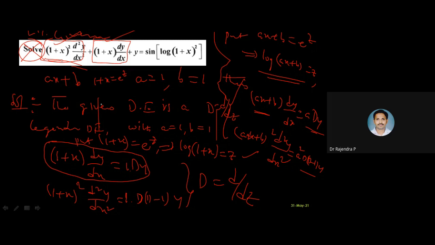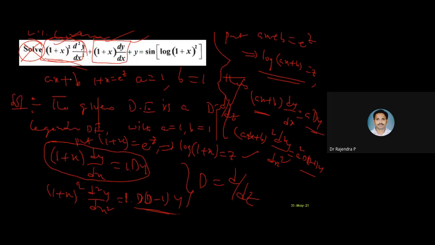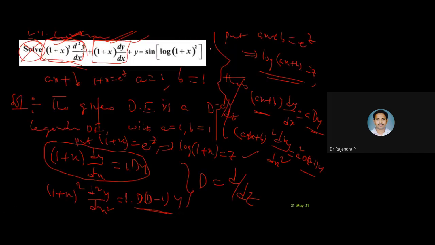Now you tell me, in place of this, what can I substitute? D y, right? Do you agree or not? Yes, sir. Plus D y. In place of this, what do I have to substitute? D into D minus 1 into y. Do you agree or not? D into D minus 1 into y. Okay, I substituted here, plus y is there, plus y is equal to,